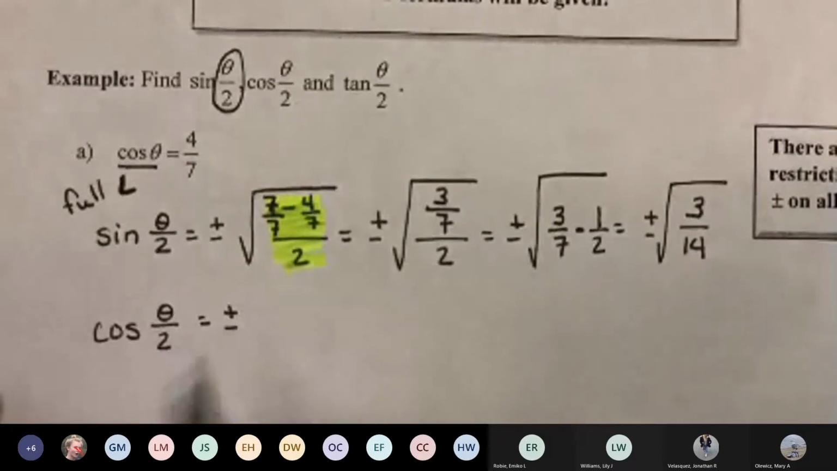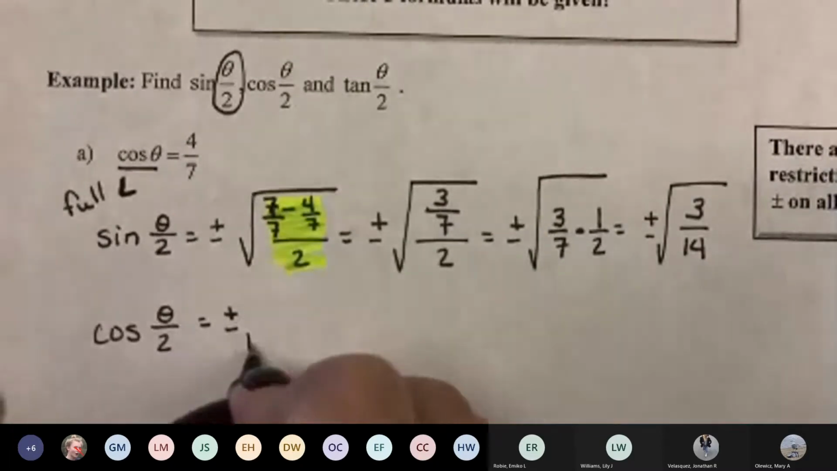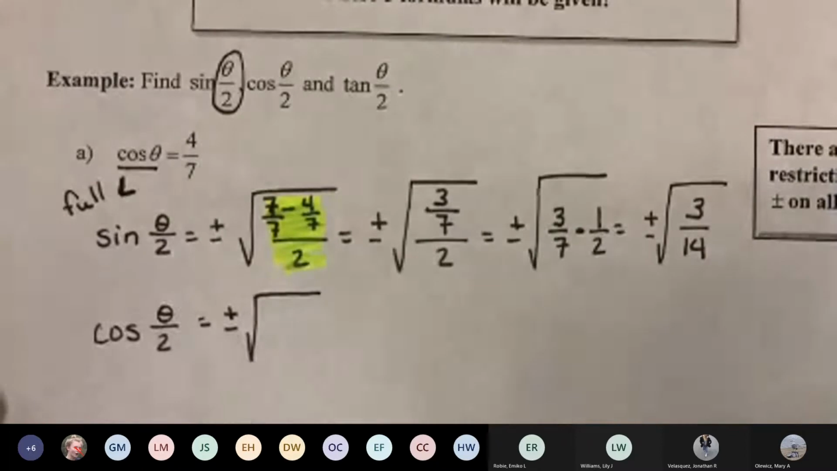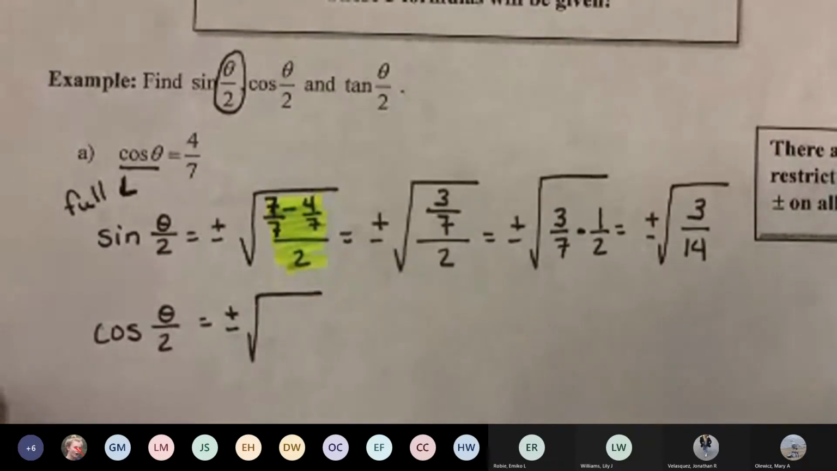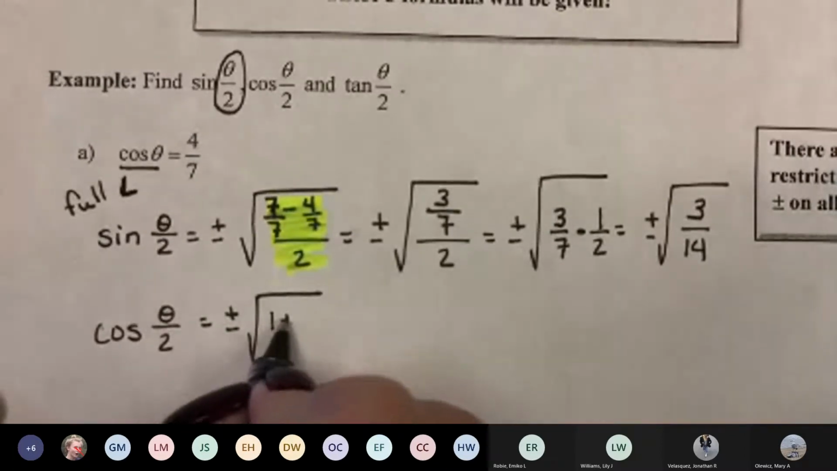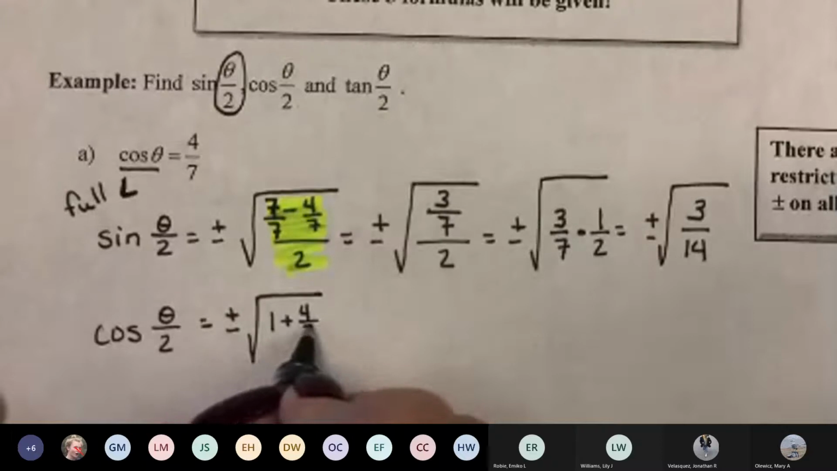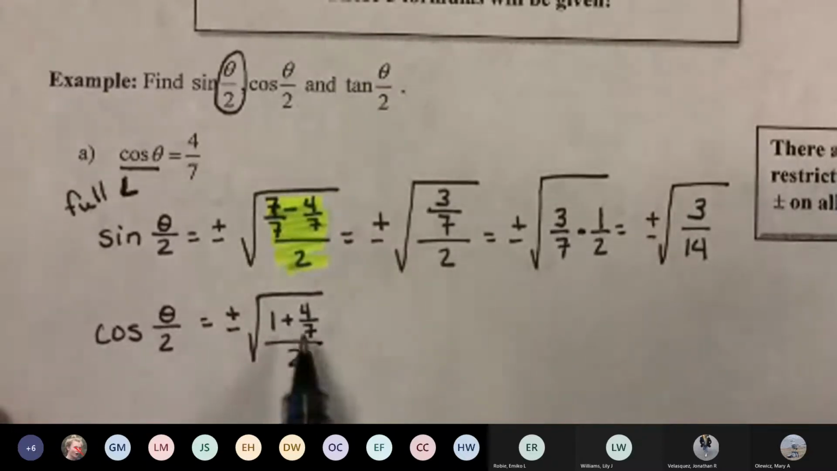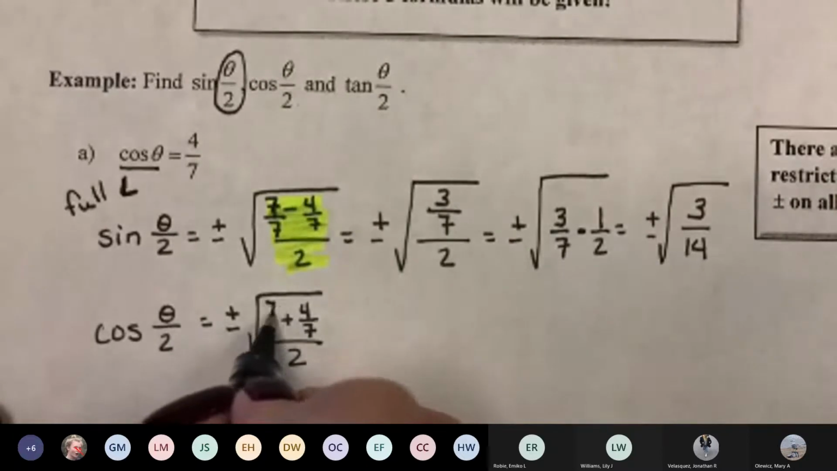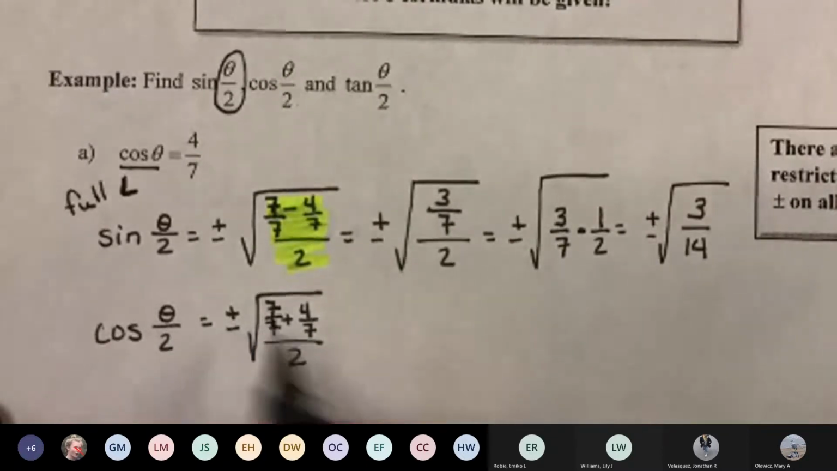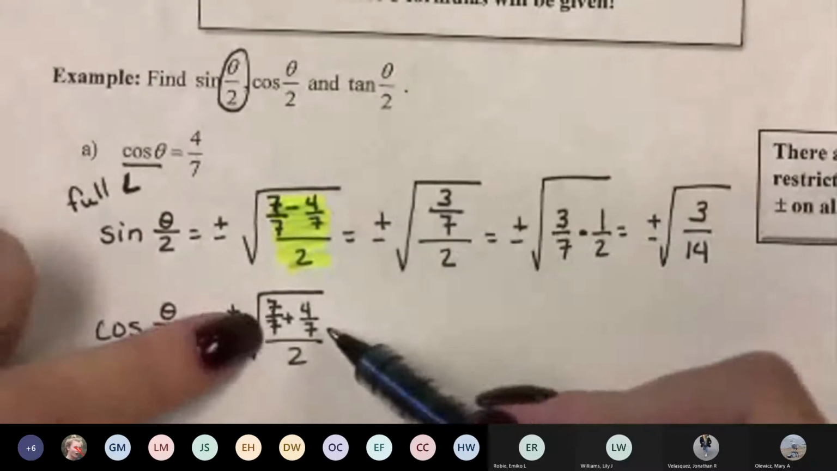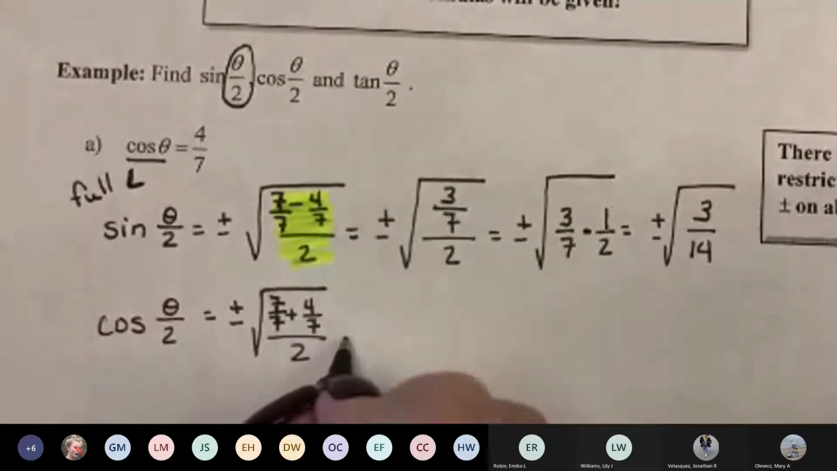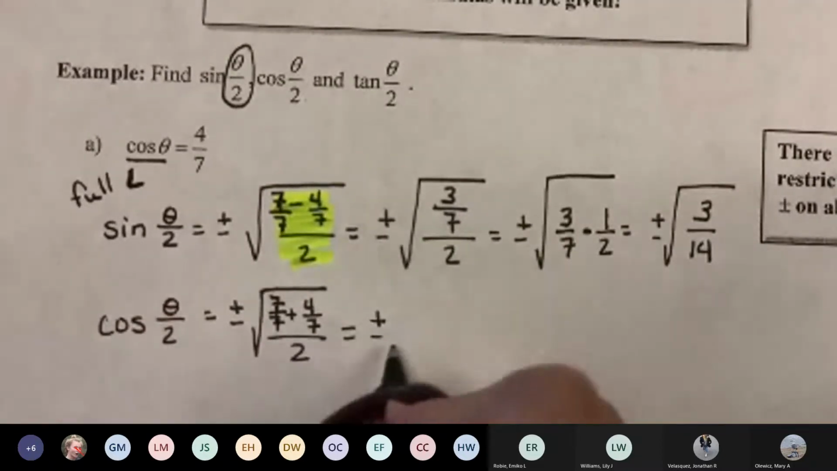So you're going to write plus or minus, then write a big radical. Don't skimp on your radical. You'll be sorry you did. 1 plus 4/7 over 2. Now, just like last time, you can put this part in your calculator, but it's actually probably faster to just turn that 1 to 7/7. Now your fractions have the same denominator. So you got plus or minus